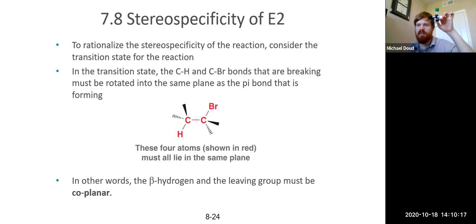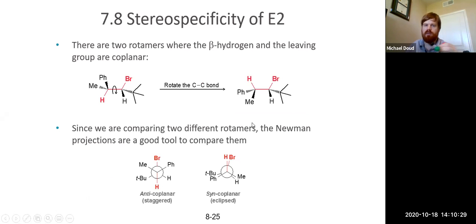And as it turns out, that is exactly the conformation that's going to be the active conformation in an E2 reaction. So what we say is the beta hydrogen and the leaving group have to be coplanar or periplanar. We'll talk about what that means in a second, but this is exactly what I just showed you, where you can imagine either having them anti like this or syn like this. Those are the only 2 possible active conformations, but anti-coplanar is staggered, and so it's more stable than the syn coplanar, which is